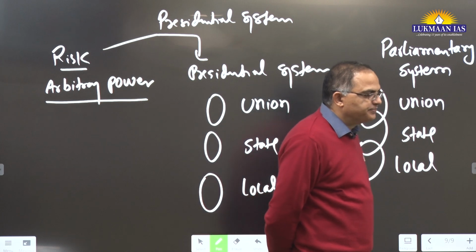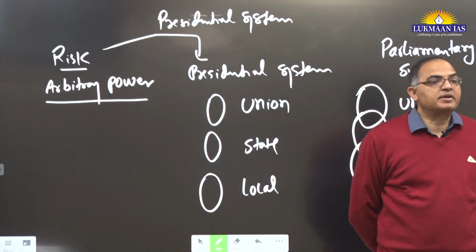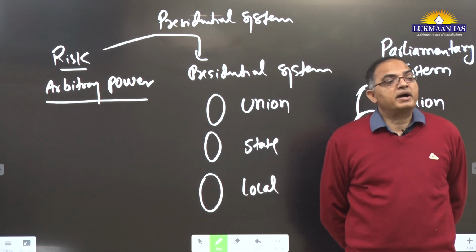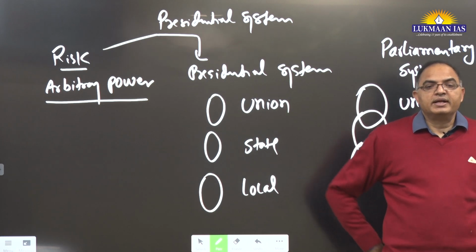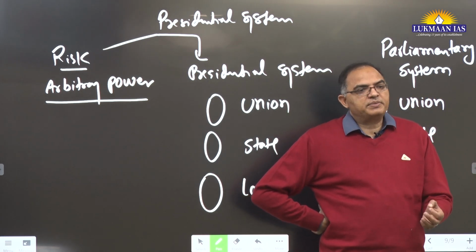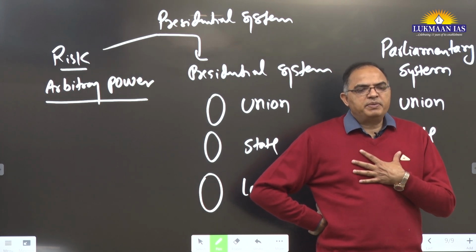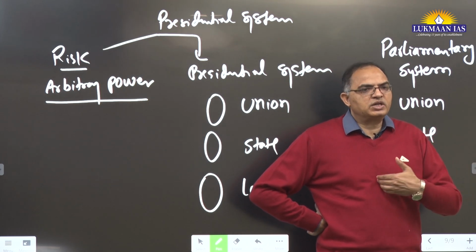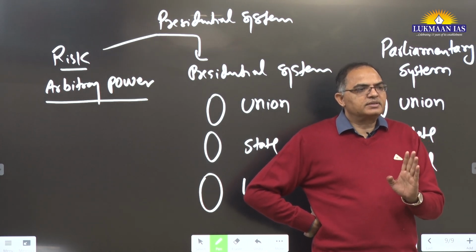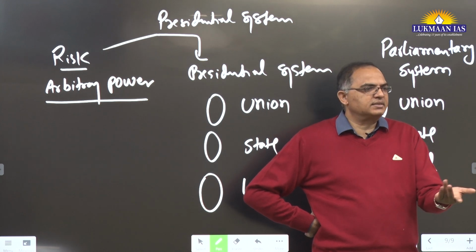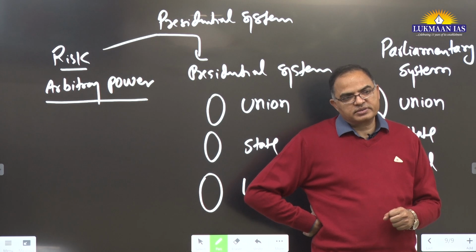Now let's say that even if we know that presidential system has some advantages over parliamentary democracy, simply because in parliamentary democracy what we have found are electoral malpractices, divisive politics, casteism, communalism, regionalism. Because even if your caste people are 20%, you know that you will win, so you will play a caste card. This is how the caste card happens, caste, religion. That results into divisive politics, communal politics.